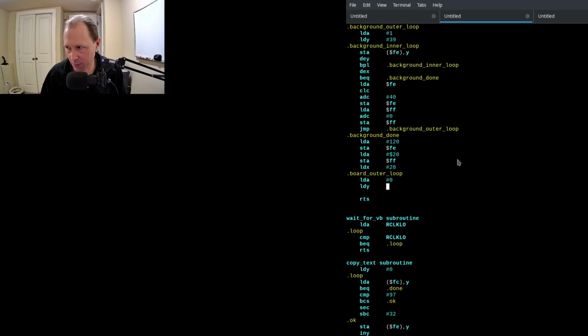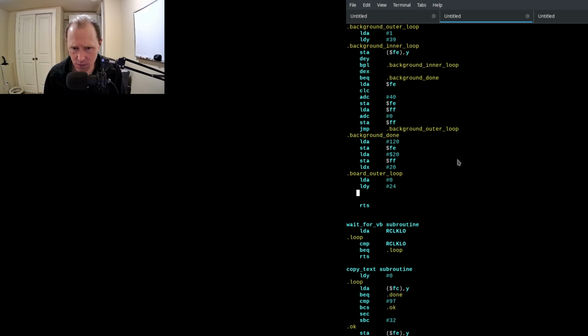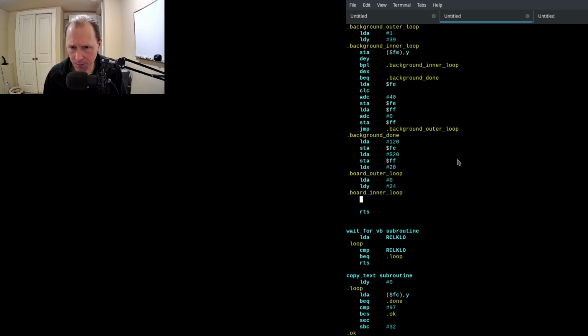Okay, so if I'm going to cut, I'm going to do 10 wide out of the middle. So if it's 40 wide and it took 10 out of the middle, that would leave 15 on each side, which means I want to start at offset 24, I think. This is one of those things I just have to do and see if it comes out right. Okay, so we're going to write this to